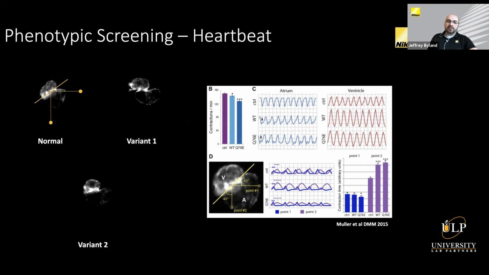And it's a subtle fibrillation that can lead to problems, chronic disease. And if we can model this in something like a zebrafish, which is done here, and then use imaging to look at the heartbeat and then add drugs and look at how that heartbeat is affected, then we can find treatments and therapeutics that can be used to correct the symptoms and even the problems caused by these abnormalities. If we go to the next slide,